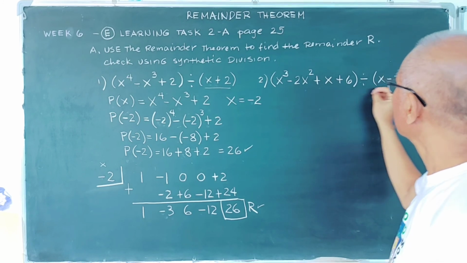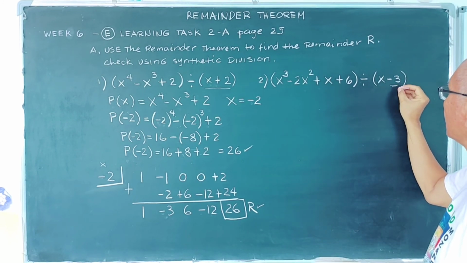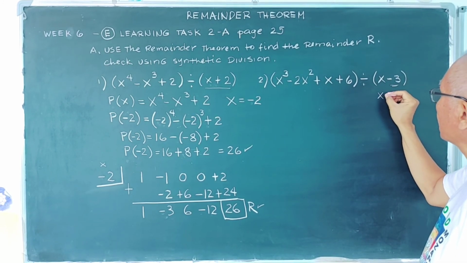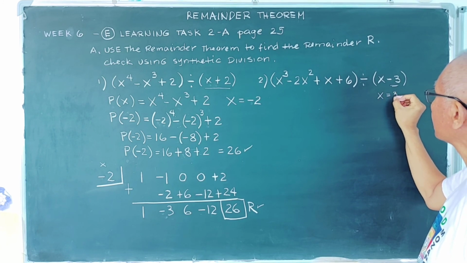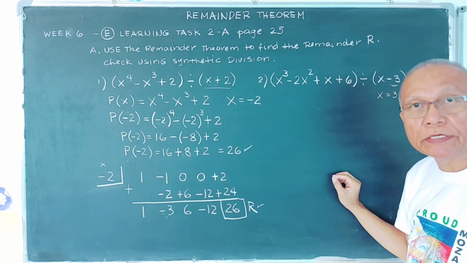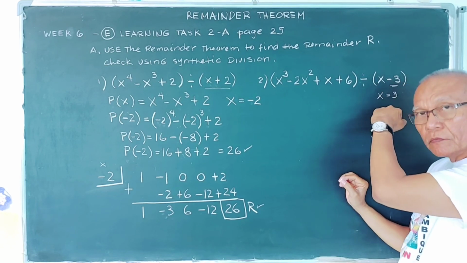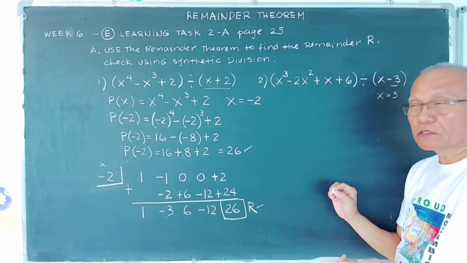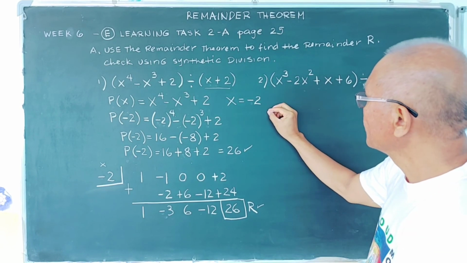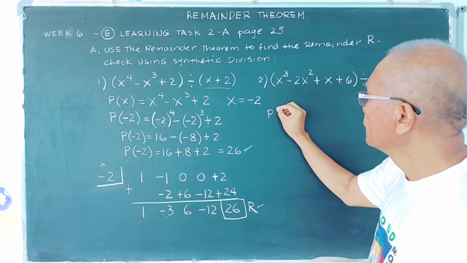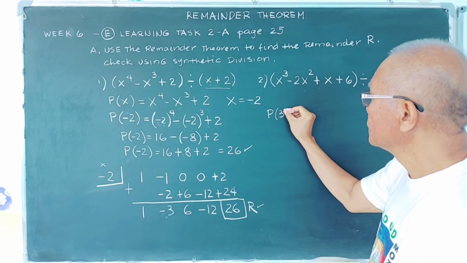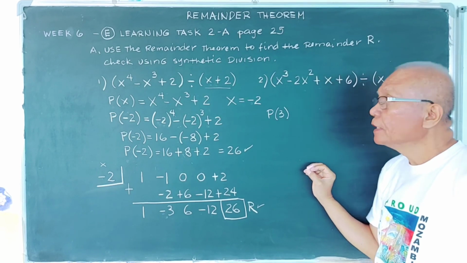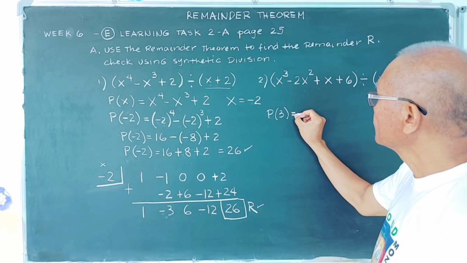Okay, P, we have negative 3 here. So, ito ay magiging x na lang. X is equal to positive 3. Negative, transpose sa kabila is positive 3. Okay, so P, isasub natin yung 3. So, we have